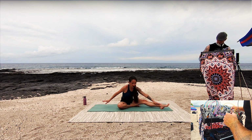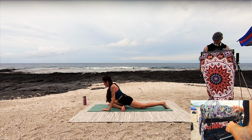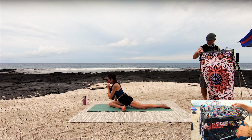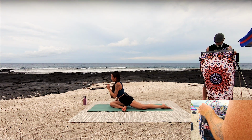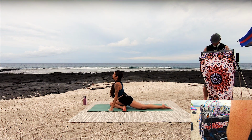Go ahead and extend that leg. Turn toward your bent knee. So left knee bends. Knee is in line with hip for pigeon, Ekapada Kapotasana, or pigeon pose. You can start here with the fists under your shoulders and then release